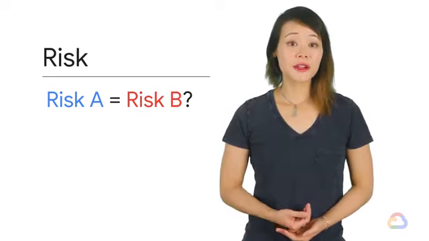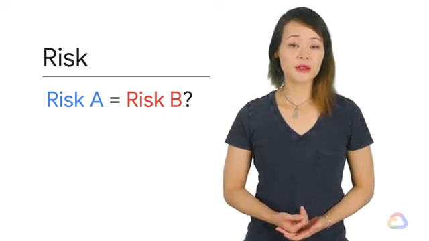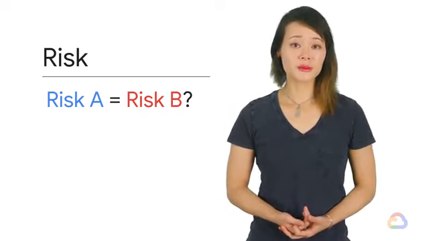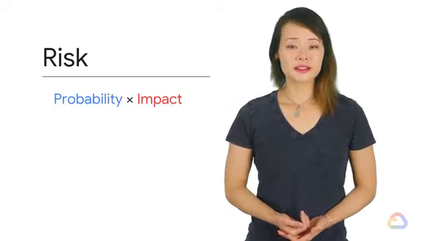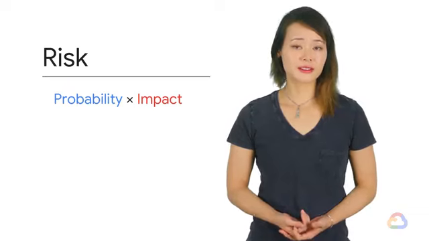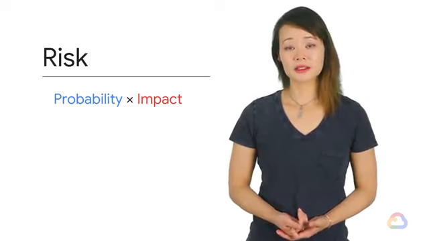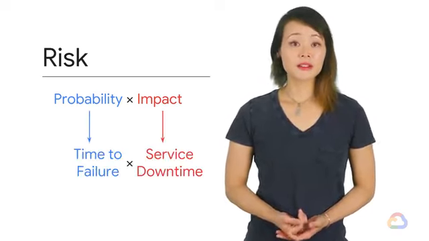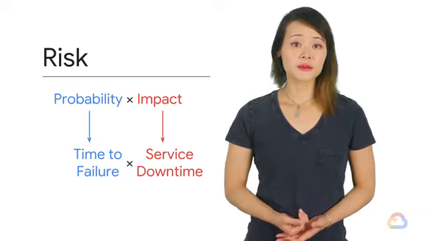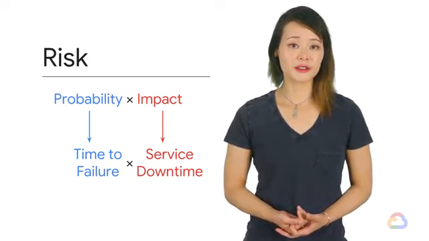To make the risks comparable, we need to find a common metric to quantify them, and for this common metric, we return to the error budget. In the last lesson, we introduced a definition of risk taken from safety engineering practice, the probability of an event happening multiplied by the likely impact of that event. These factors translate directly into an estimated time between failures and a period of downtime from each failure that burns some portion of the error budget.